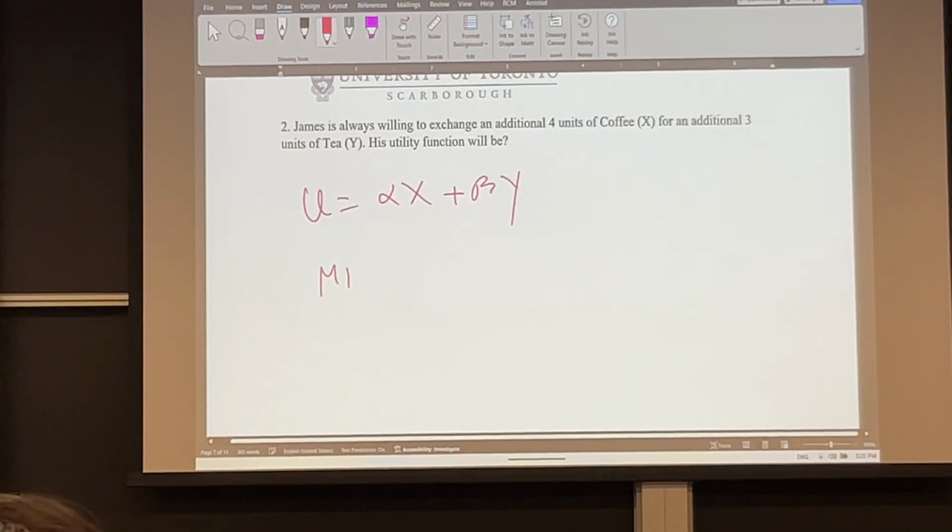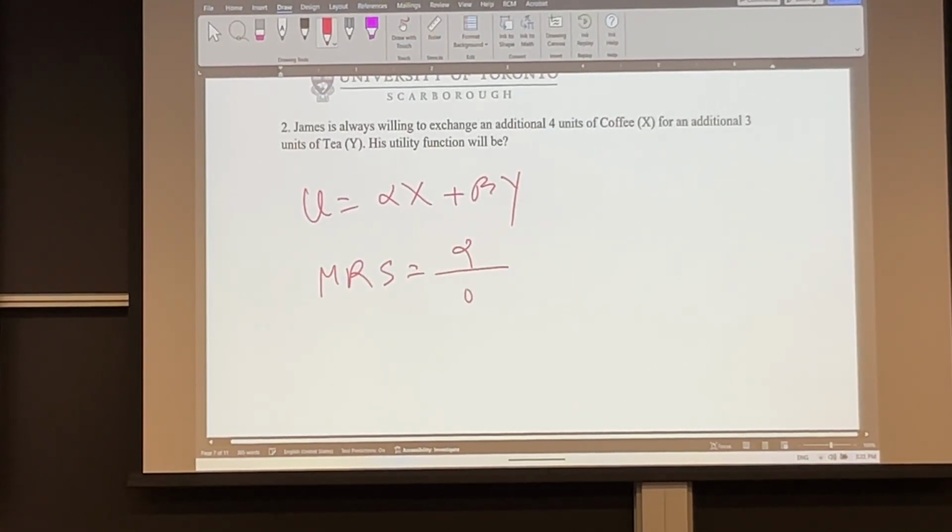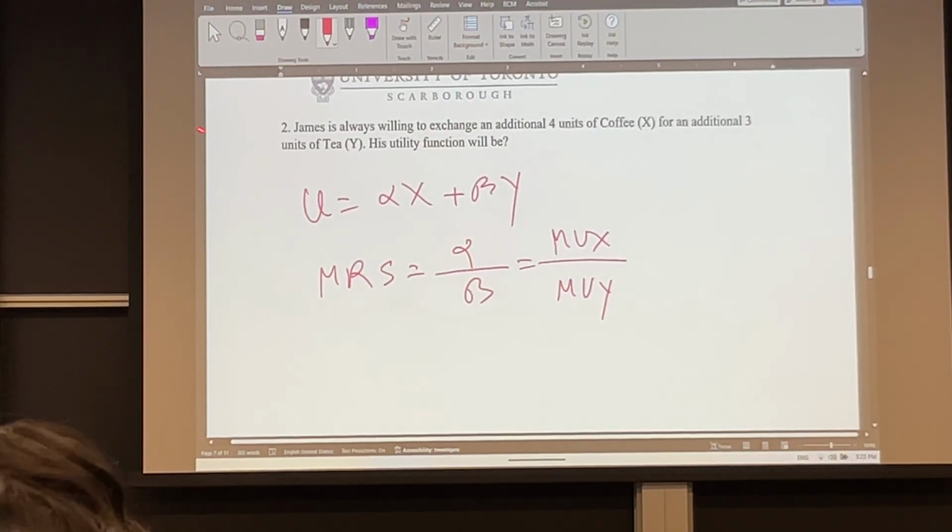The MRS should be this, and you know why that's the case. The MRS is MUX over MUY. So you know why it was alpha over beta, because marginal utility of X is alpha. Marginal utility of Y is beta. Right? By the numbers given here, figure out alpha, figure out beta. By the 4 and 3,